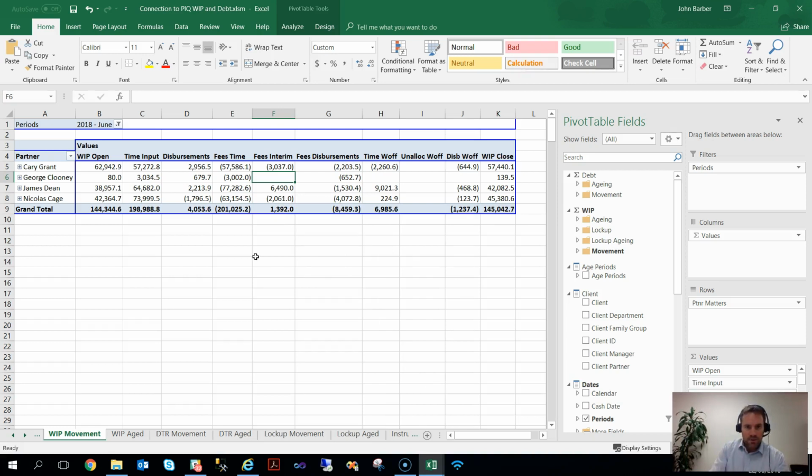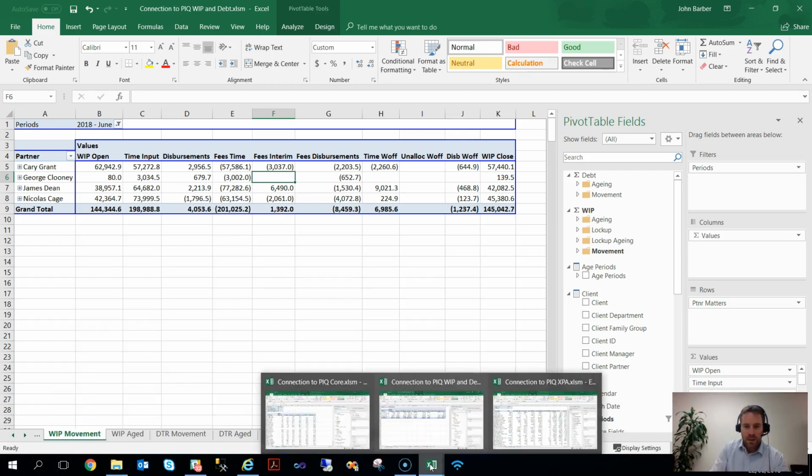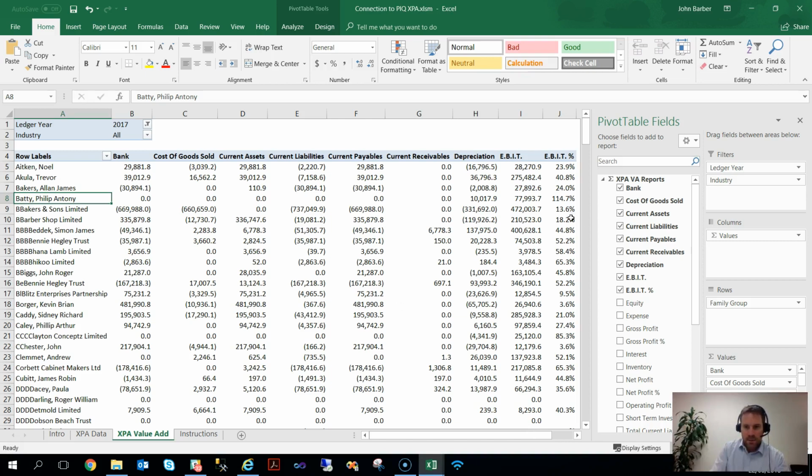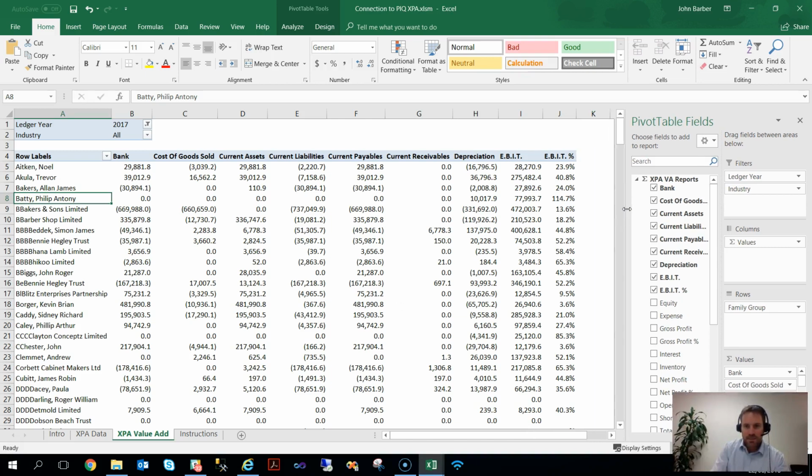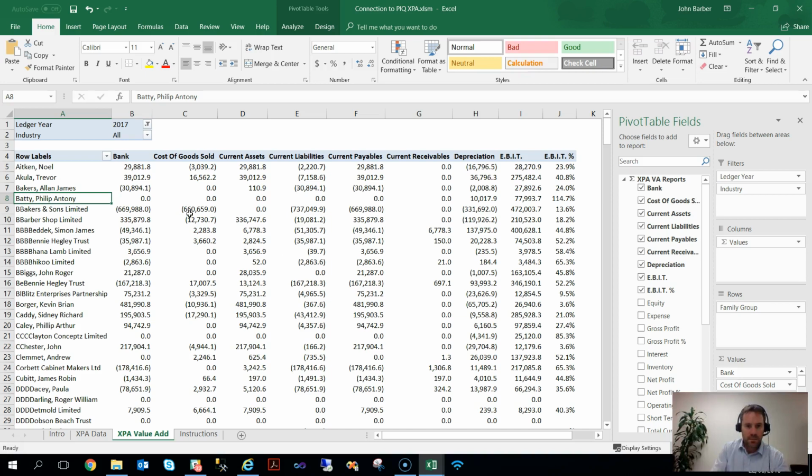Just before closing off, just an example of a slightly less ordinary data set, but using exactly the same technique around ad hoc reporting. We've now got the ability to hook into the XPA ledger data. Now there is a little bit of work involved in this in terms of getting the information out of the individual ledgers, around applying tag sets and exporting the information. But once you've exported it, a solution like PIQ can pick it up and render it through tools like this